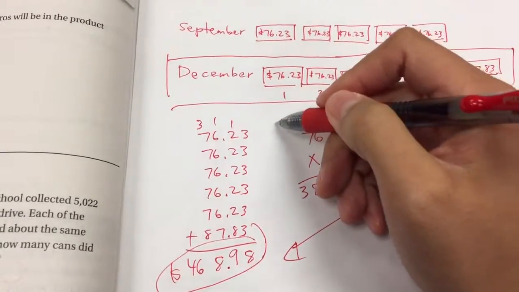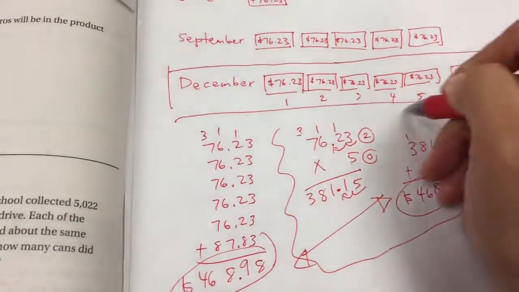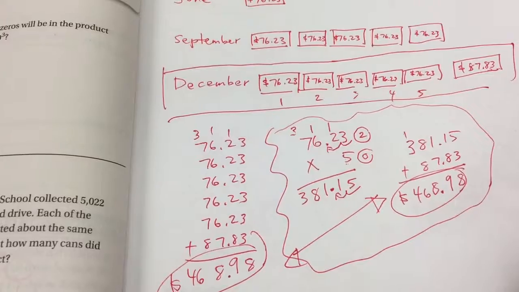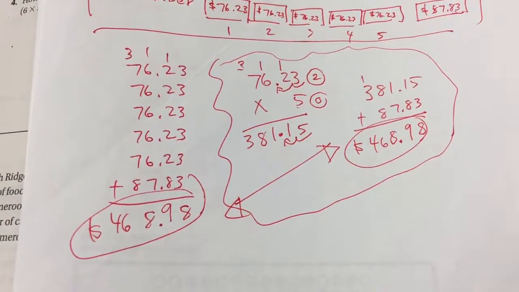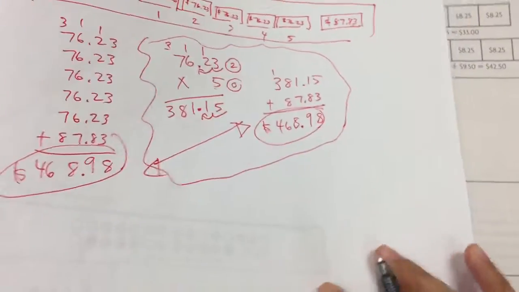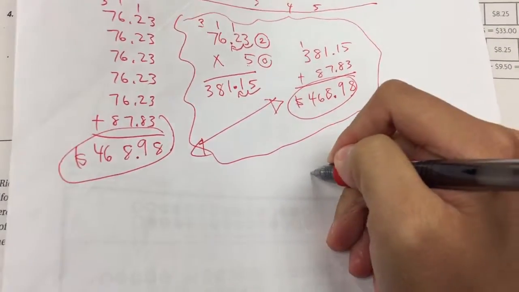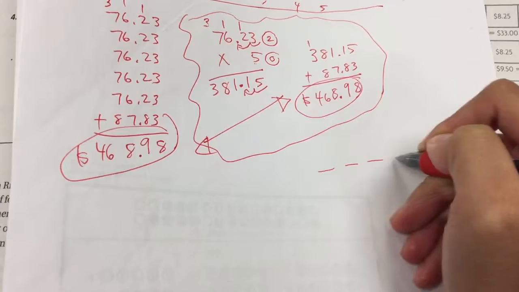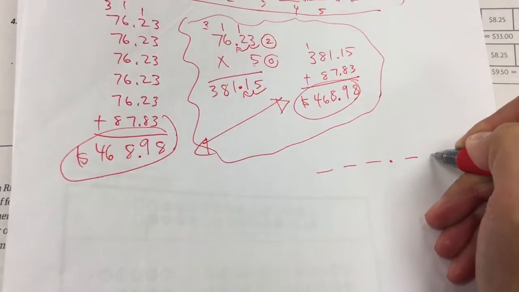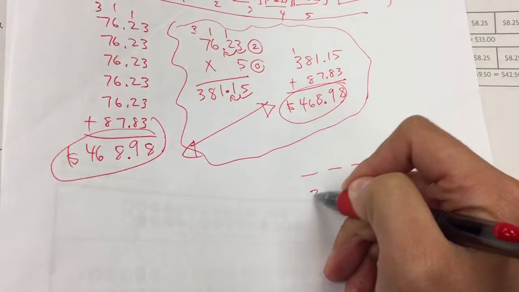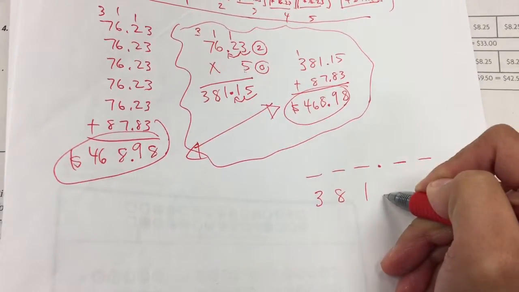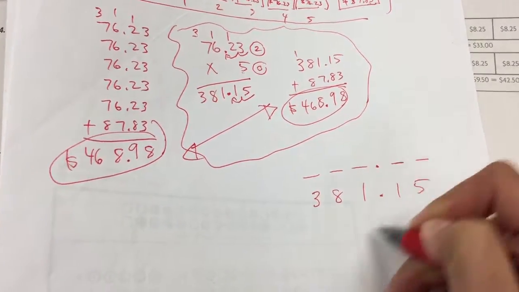But I really hope that you're going to utilize this second one right here. As a cheat sheet or a side note, what I'm asking quite a few students to do to line up your place value is to just go hundreds, tens, ones, decimal, tenths, hundredths. And then line up all the numbers. 381 decimal 15 and